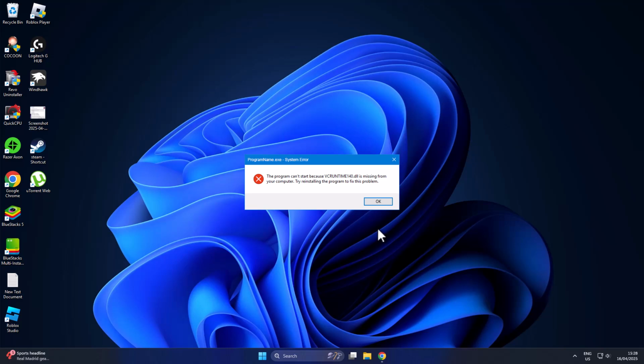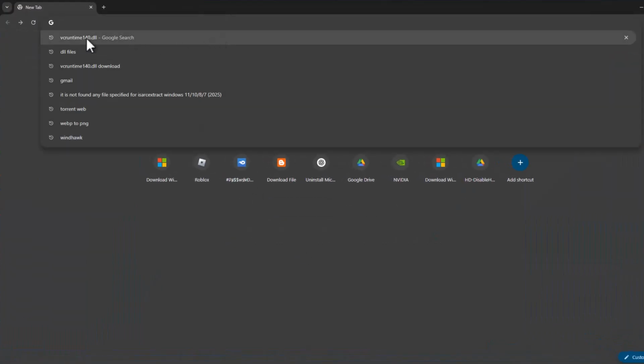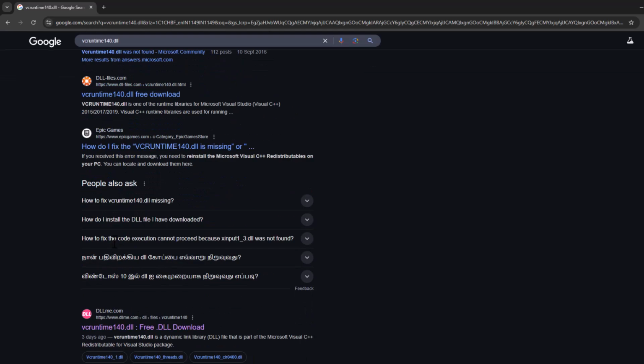Today we are going to see how to fix VCRUNTIME140.dll is not found or missing. Let's fix it, guys. Just need to open up Chrome and search VCRUNTIME140.dll and we will get this